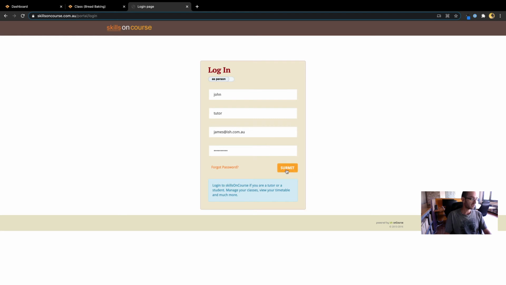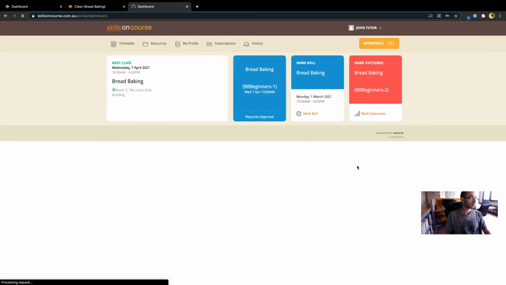So in this case, I've already got this information filled in. I'm just going to hit submit and log in. And this will take us to the portal dashboard where my tutor has a warning here. It's telling me that I need to mark the role, and that I've also got some outcomes that I need to mark as well. So what we're going to do here is we're going to mark the role